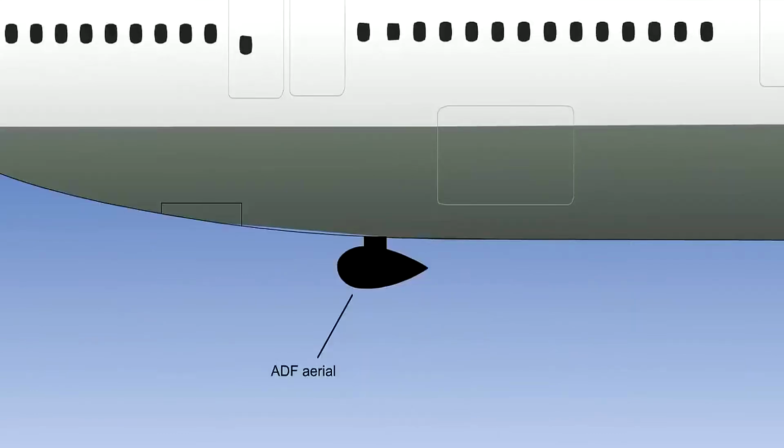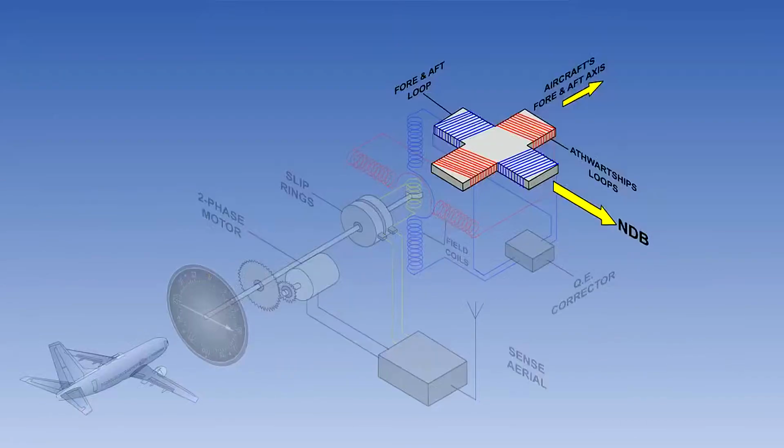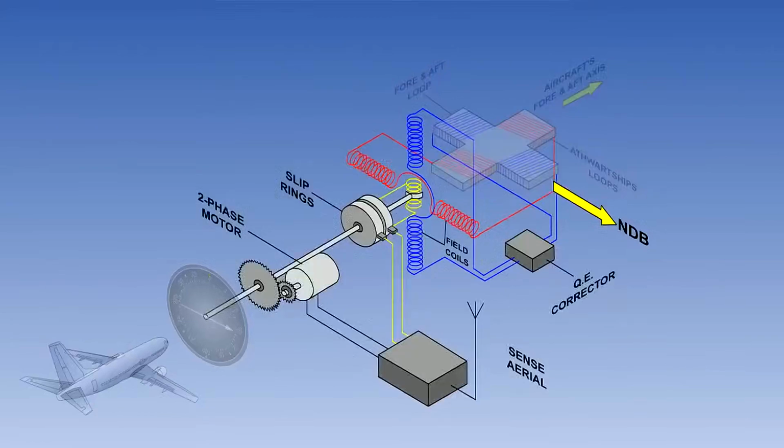As it is impractical to have a movable loop antenna on modern aircraft, current versions of the ADF combine both loop and sense antenna within a teardrop-shaped housing, mounted as near as possible to the center line of the aircraft. This has a fixed loop with 4 elements, two to align with the fore-aft axis of the aircraft, and the other two with the lateral axis. Another name is cross-loop antennae.